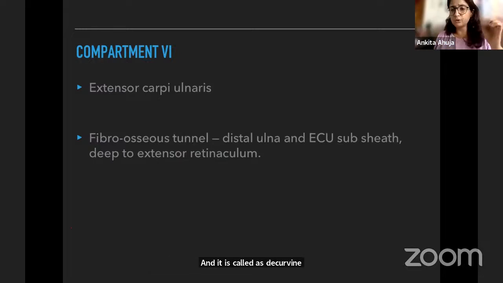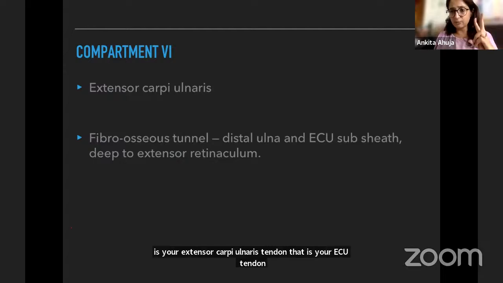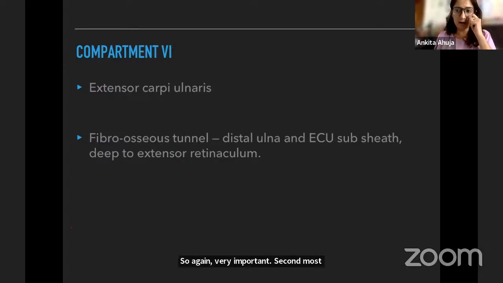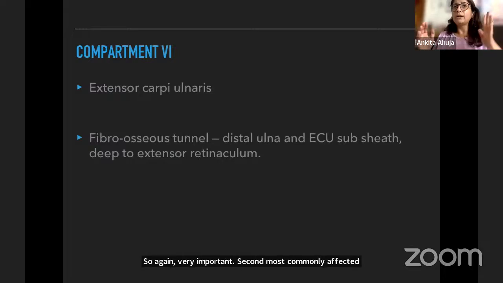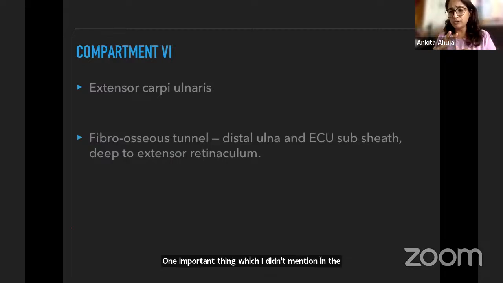Now moving from there to the next compartment, which is most commonly affected, compartment 6. This is your extensor carpi ulnaris tendon, that is your ECU tendon. So again, very important, the second most commonly affected extensor compartment, and these are the things which you are going to see very commonly. One important thing which I didn't mention in the beginning, whenever you are doing a wrist joint